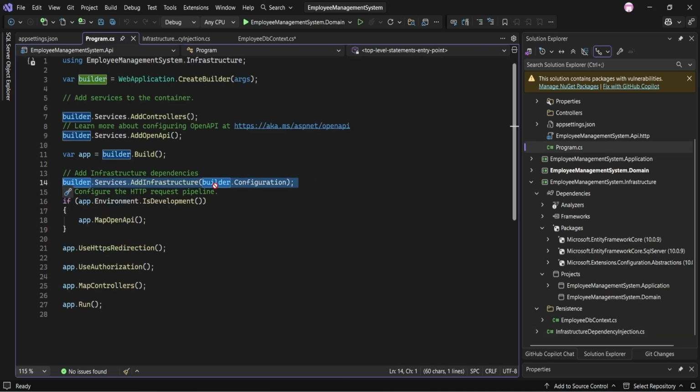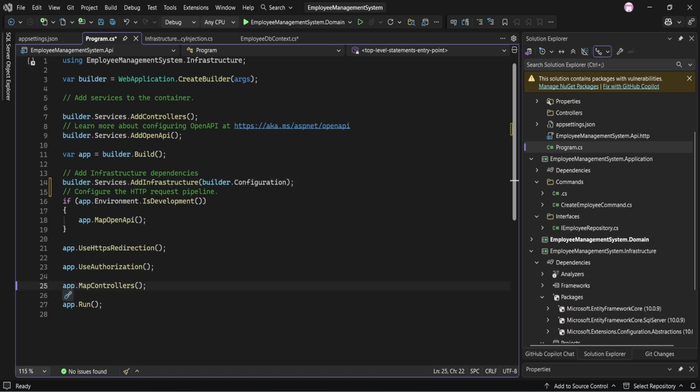Finally, in the Program.cs, we have registered the entire infrastructure layer with a single extension method. This keeps the startup code clean and allows the infrastructure project to manage its own dependencies. Our database configuration is now complete and the foundation is in place. The next step is to implement the repository that will use this DB context to persist and retrieve the employee data. Now let's paste our prompt to the Copilot